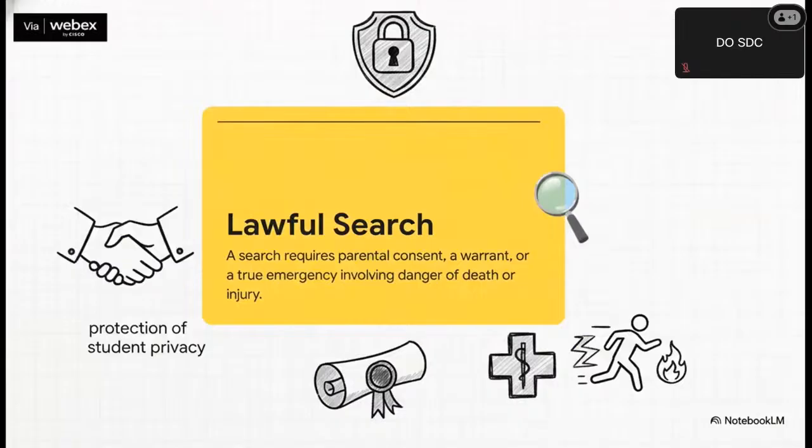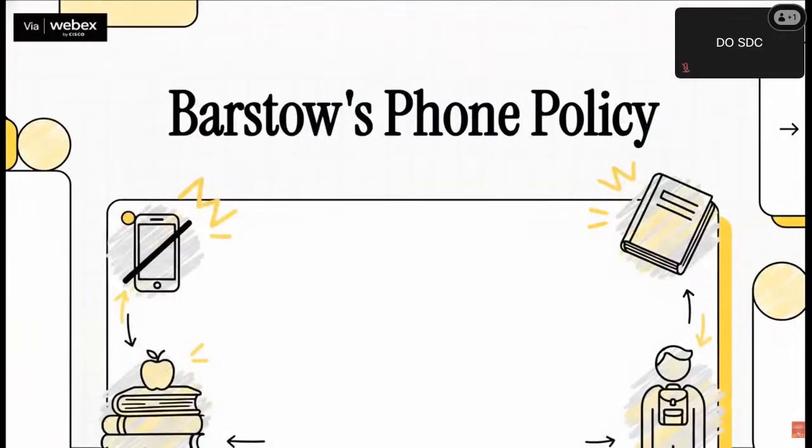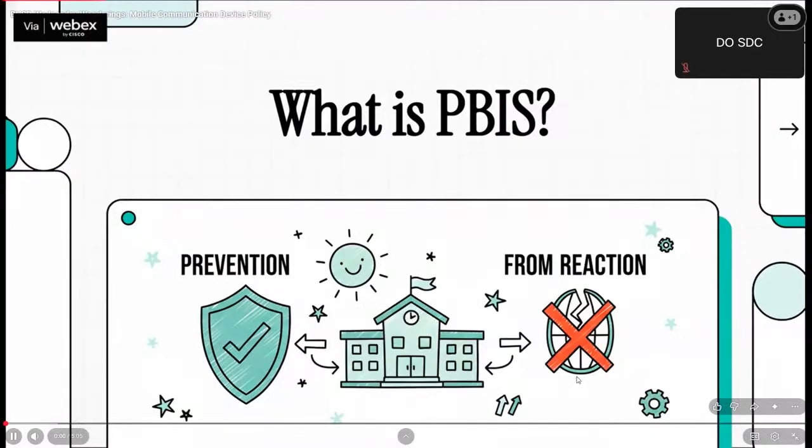And here is the final, absolutely critical piece of information for every single family. When a student brings a device to school, they are doing it at their own risk. The district makes it crystal clear that they are not responsible if that device gets lost, stolen, or damaged. So, there you have it. That's the Barstow school phone policy from top to bottom. It's a clear attempt to cut down on distractions while still making room for emergencies and the way we communicate today.